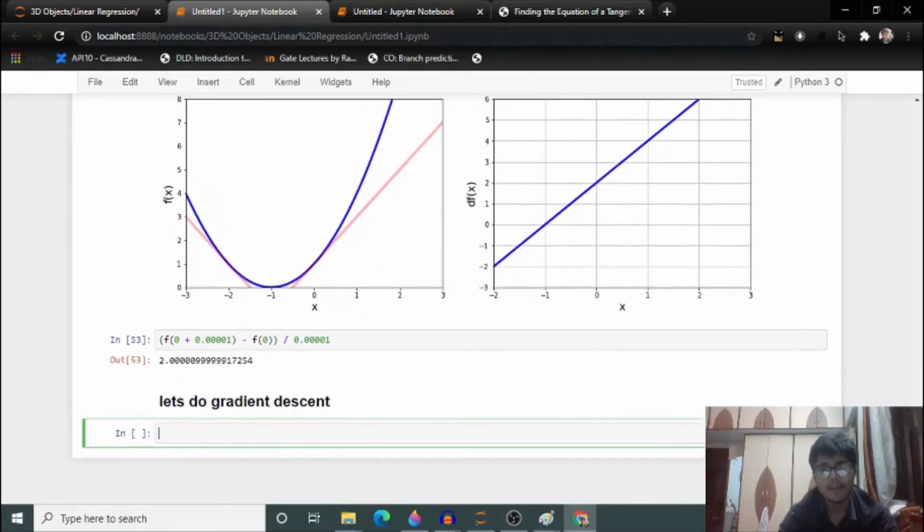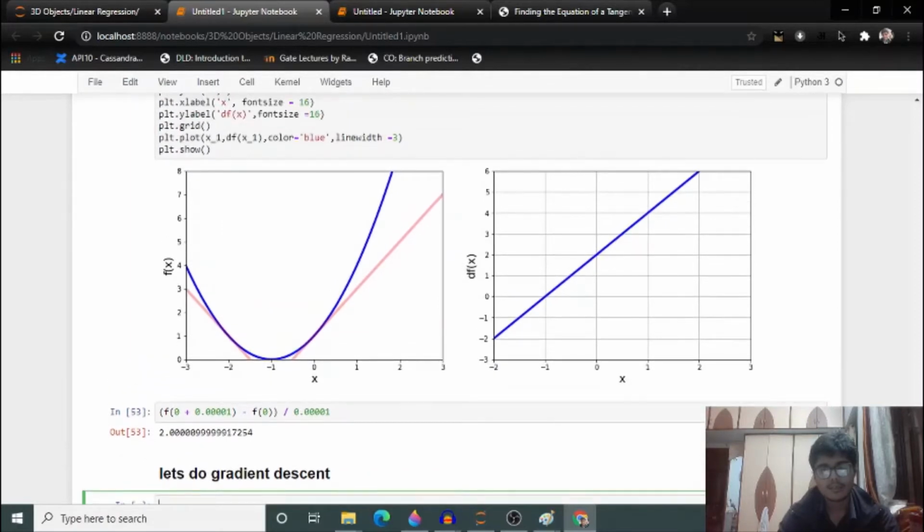The first thing is that gradient descent is a procedure through which we find the minimum of a function. We can find the minimum of a function by various methods. In 12th standard you studied the method of equating the derivative to zero and finding the points.